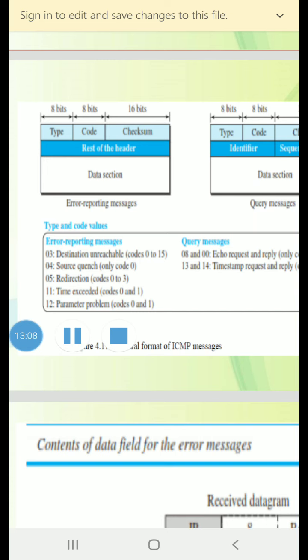ICMP version 4 is a companion to the IP protocol. ICMP itself is a network layer protocol. Its messages are not passed directly to the data link layer as would be expected. Then how are the messages passed?